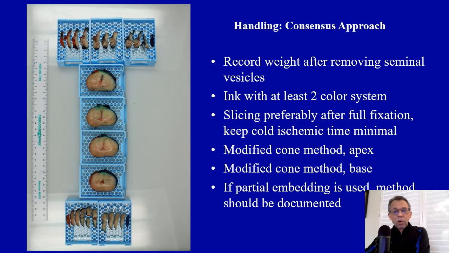So let's talk about handling. Here are some of the consensus statements that I have outlined. You should record weight after removing seminal vesicles. Prostate should be inked ideally with a 4-color system, but at least a 2-color system is strongly recommended. For the majority of labs, slicing should occur after full fixation unless you have a very big research program. In that particular situation, you may have to cut open the prostate before it is fully fixed. But also another important thing is that